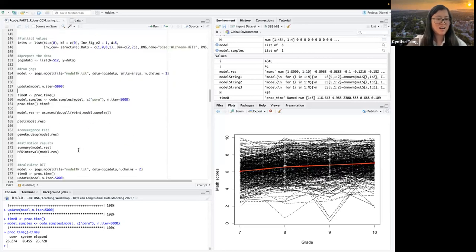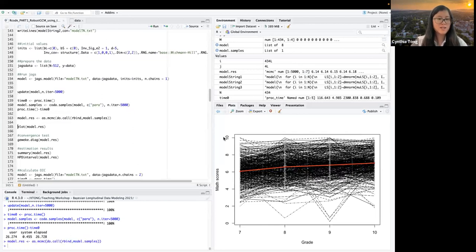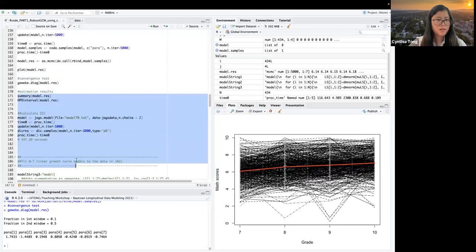But once we have the model, let's save that into an MCMC object, and we get the Geweke statistics or all the other summary statistics. We see that it's actually not going to show which values are for which parameter, right? So this one actually all converged. I'm going to run all this together.